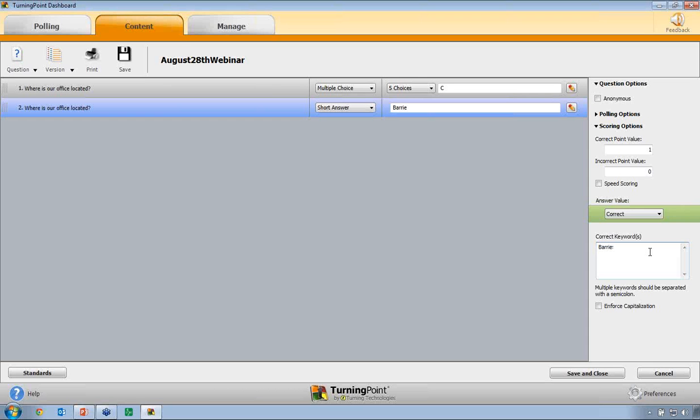You can enforce capitalization as well if you choose to. And so that's how it's going to score and know whether the student is right or wrong on a short answer question or a numeric response style question. So that's the way it's going to kind of know the difference.